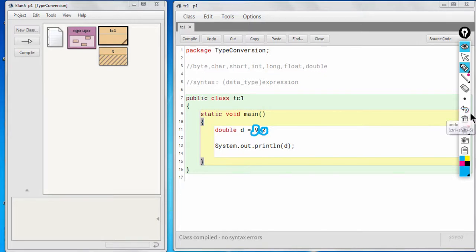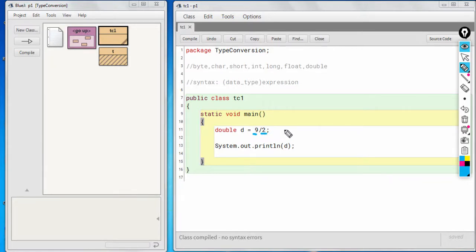This concept is explained a little while later, so when you watch that portion of the video, you will be more clear with it. But for now, understand that since both the operands are integers, the result will also be an integer, okay.